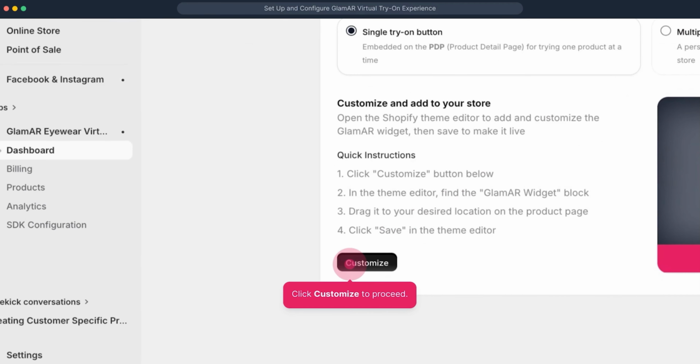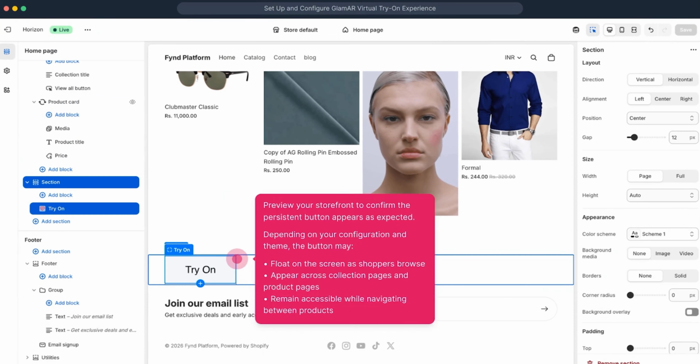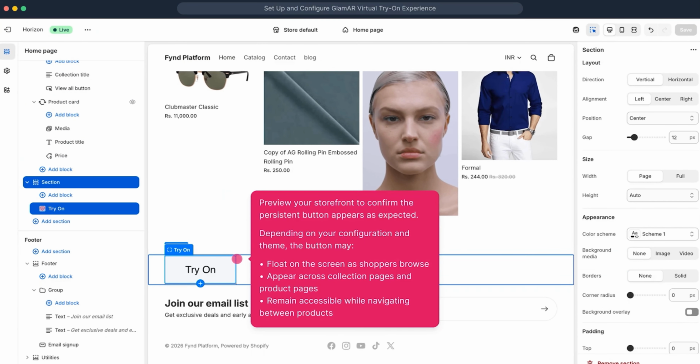Click on Customize to proceed. Preview your storefront to confirm the persistent button appears as expected. Depending on your configuration and theme, the button may float on the screen as shoppers browse, appear across collection pages and product pages, remain accessible while navigating between products,